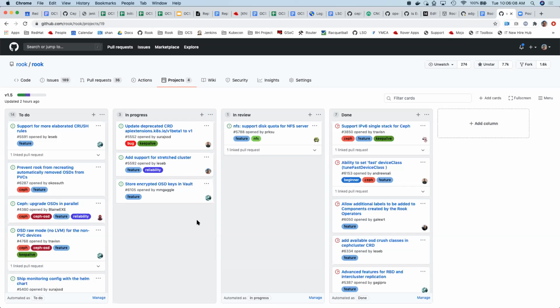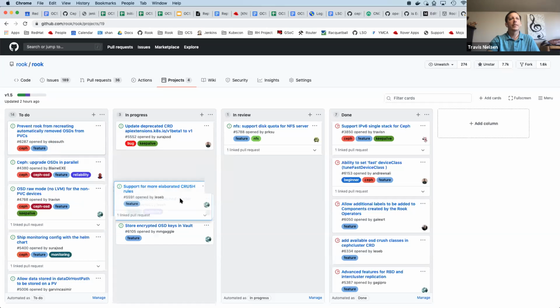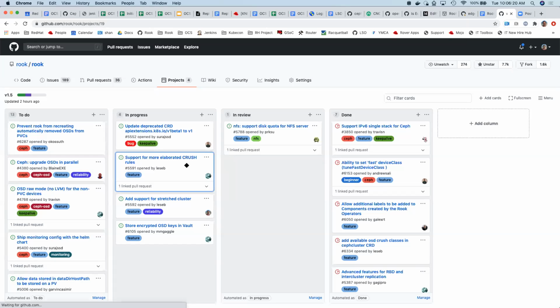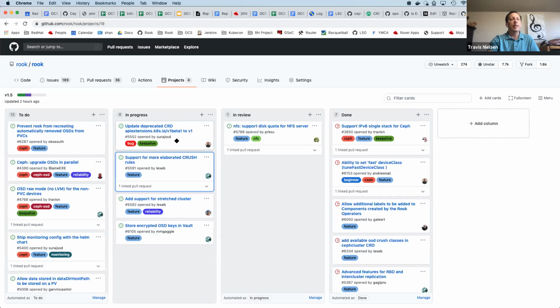Can you move the first one in the to-do list to the left, to in progress? No. The support in which column? Yeah, this one. Oh, yeah, that's in progress, exactly. Yep, Subham's working on the API extensions. Maybe just to talk to the API extensions for a minute. So in Kubernetes 1.17, or was it 16? Sorry, the API extensions v1 became available and v1 beta 1 was deprecated. Support will be in until 1.22 for the v1 beta 1.